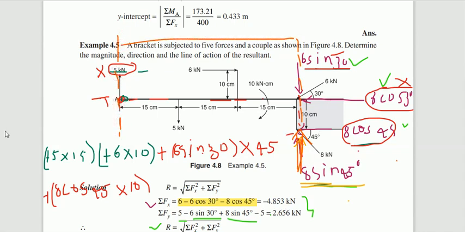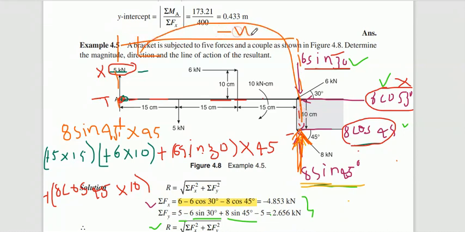And what is the direction? 8 sin 45 into 45 is the perpendicular distance. Tell me the direction. Anti-clockwise, because our force direction is here. Observe, in order to reach the point A, it should come like this. Therefore it is anti-clockwise, therefore it is negative. So now moment due to all the forces is over.